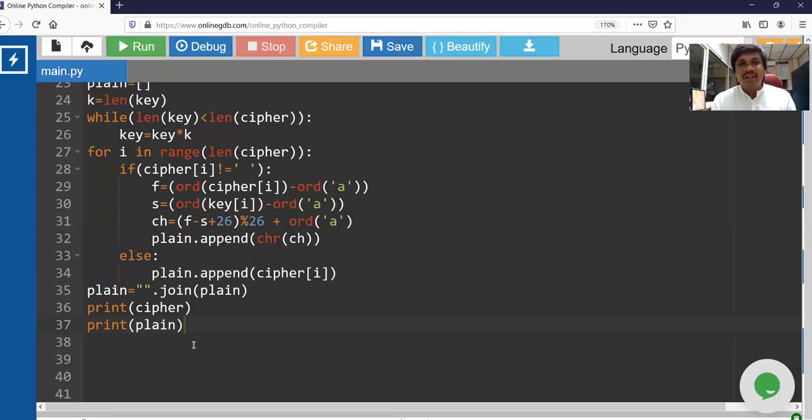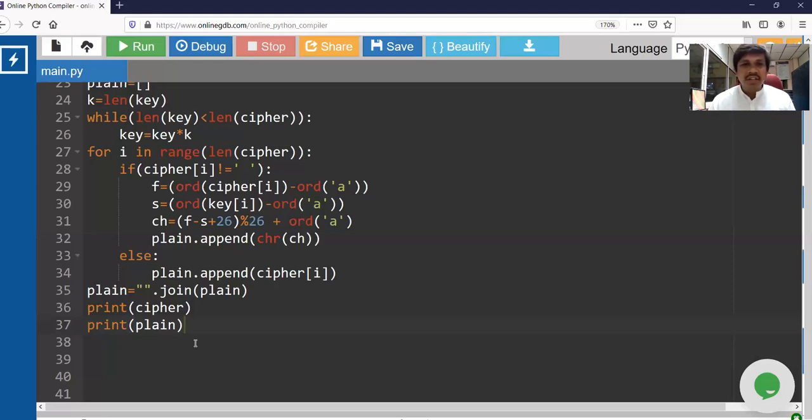In this class, I told you encryption and decryption. When time permits, I'll tell you about steganography also, like how to hide the data in an image and transfer it from one person to another, so that the image looks like an image, but it contains some data. Only the sender and the receiver know that that particular image has some data. That we can do in the next class. I'll teach you that in the next class.